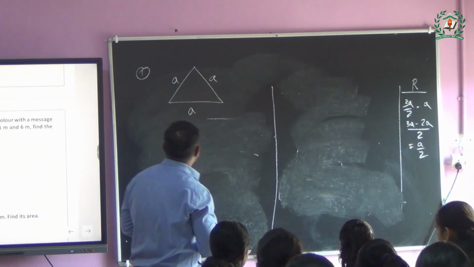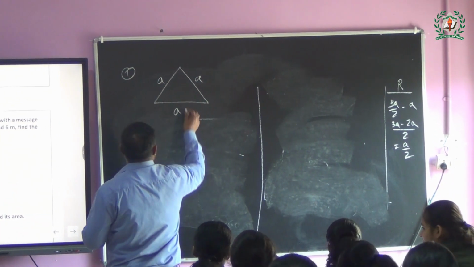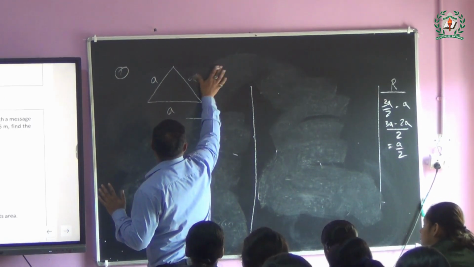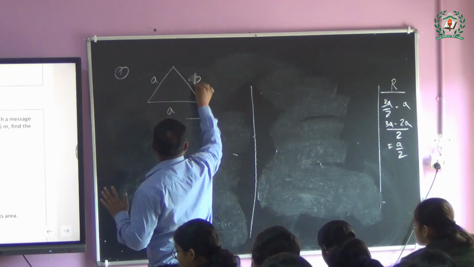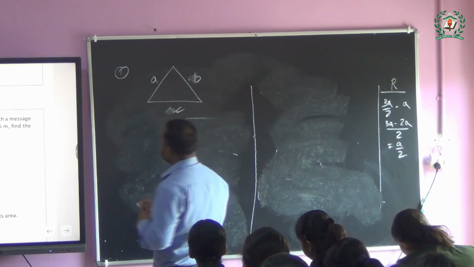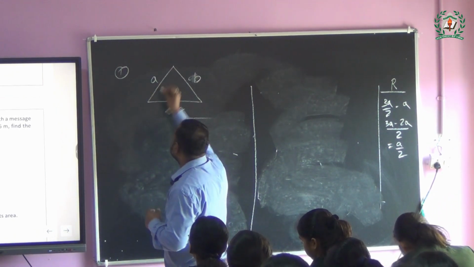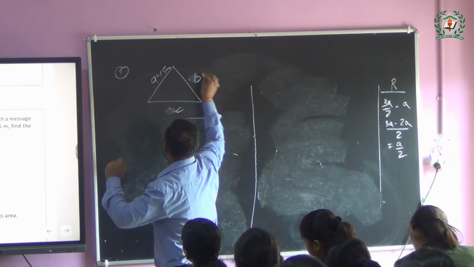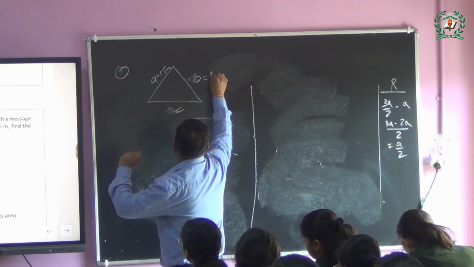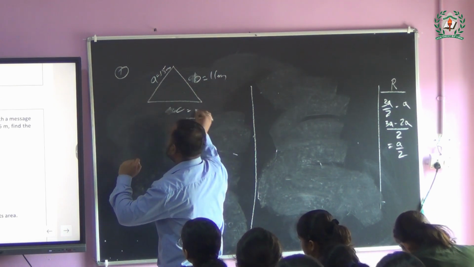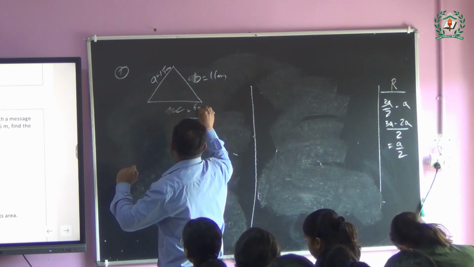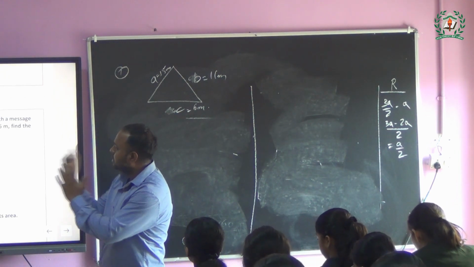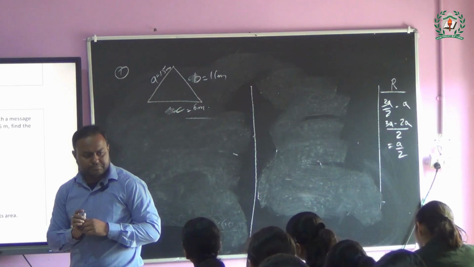Okay. So now you see here all the sides are different. So we do not need to change so much. We simply write down A, B, C. What is the value of A? Say, A is 15 meter, B is 11 meter, and C is 6 meter. I think everybody is clear. We get the perfect given things from the question.